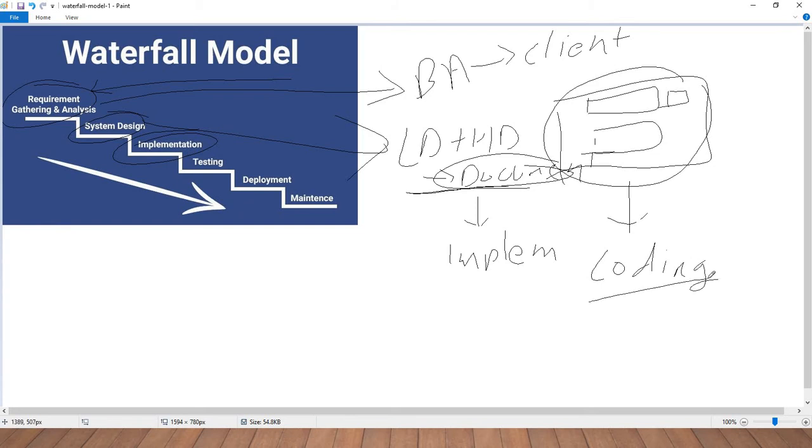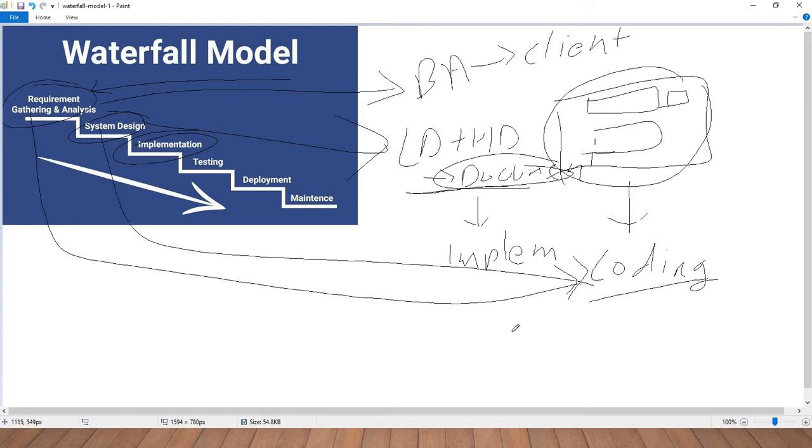They take the design document and artifacts, and ensure that their solution follows the design finalized by the architect. Then they are going to code the application.